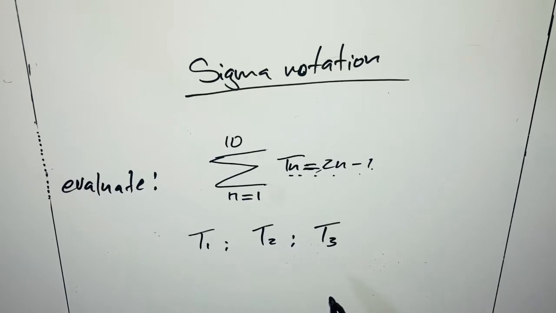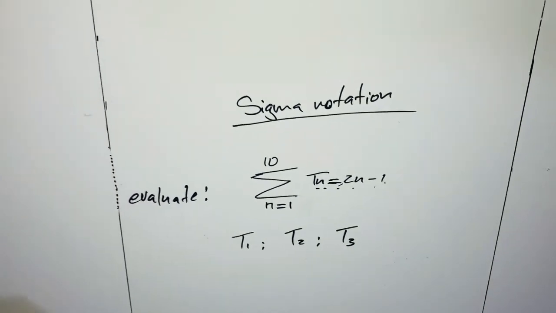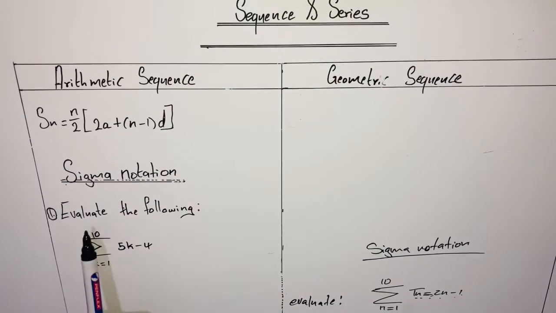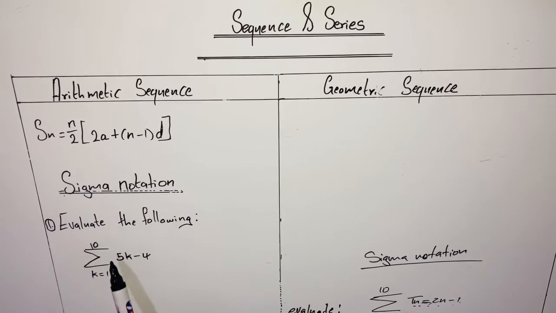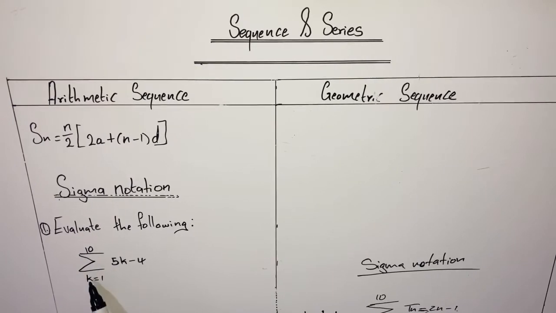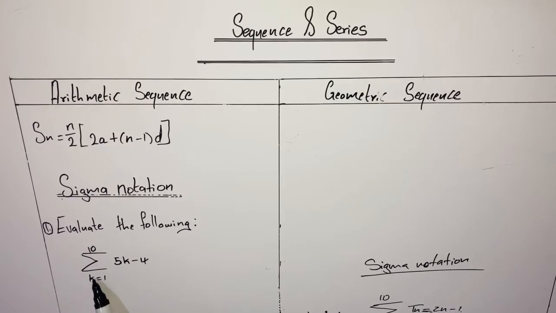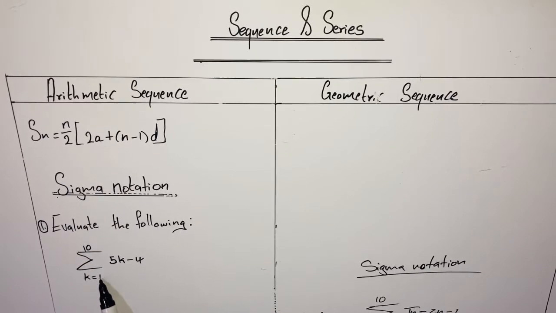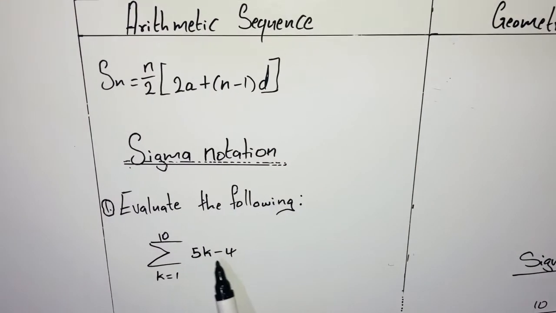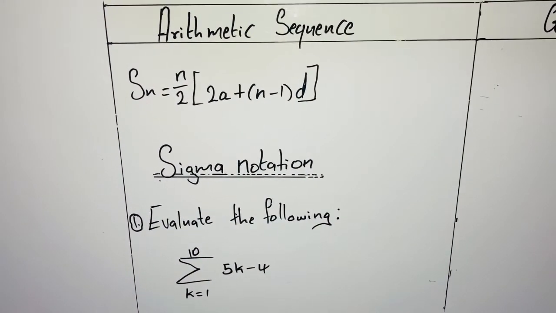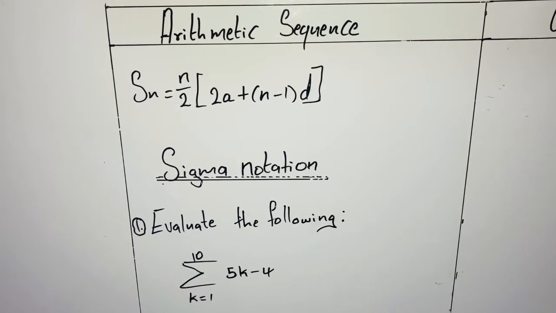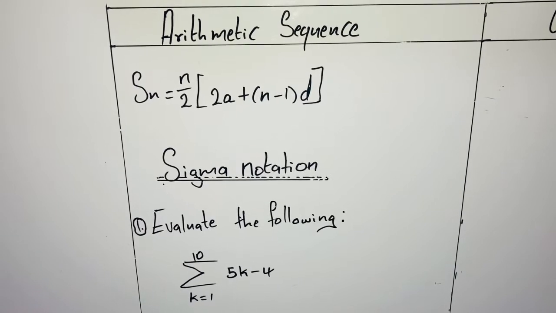Then let's go to our first example. We are given, under sigma notation, evaluate the following. Then we find our sigma. At the top, we have a 10, and K is equal to 1. Then here we have a TN formula, which is 5K minus 4. So as I said, the first thing to do, you have to firstly find the first three terms